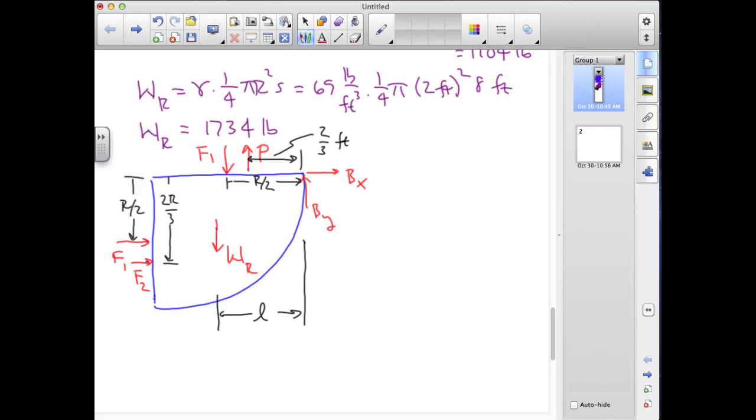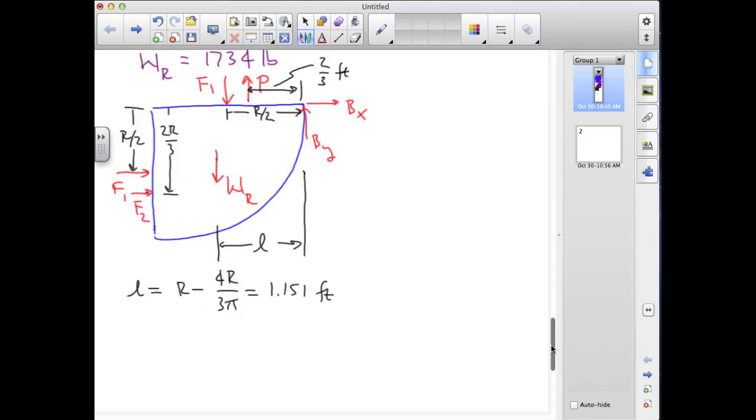Now we can get that location because we can look up the centroid of a quarter circular area, and that turns out to be 4r/3π as measured from a set of axes that go through the origin of the quarter circle. So it turns out here that L will be equal to radius r minus 4r/3π. And for r equals 2 feet, that turns out to be equal to 1.151 feet. So now if we take some of the moments about B and set this equal to 0,